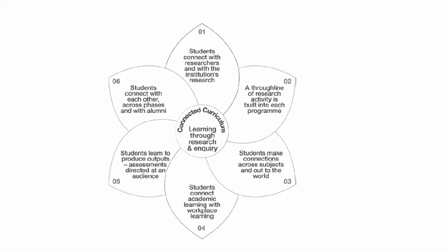It's not just about sending students out to the workplace, but it's also about bringing practitioners into the university. And again, there's various ways of doing that, not just the ubiquitous guest lecture, but having practitioners involved in setting up a problem for students to work on, or